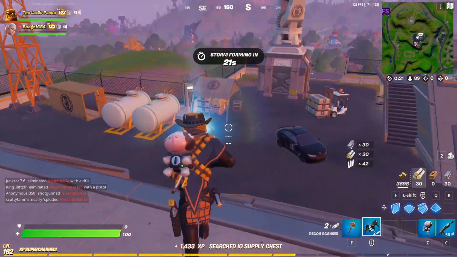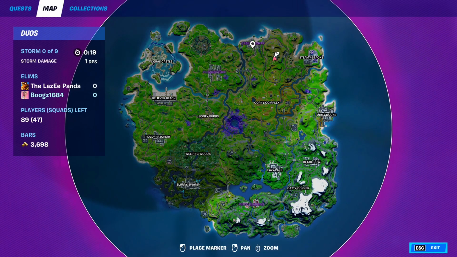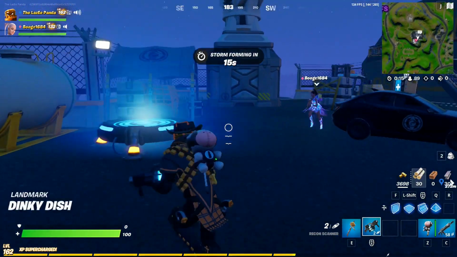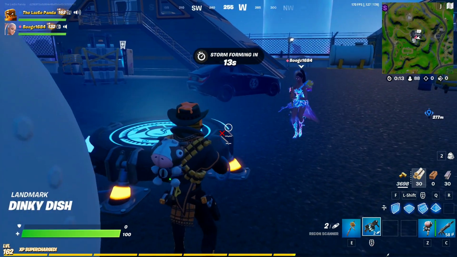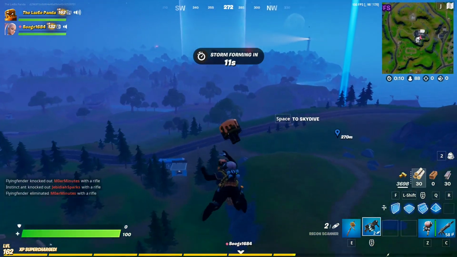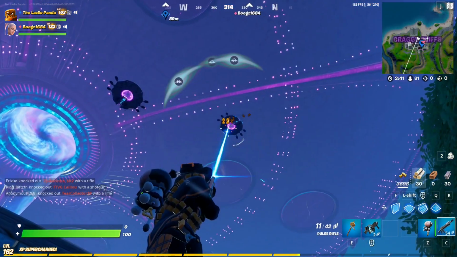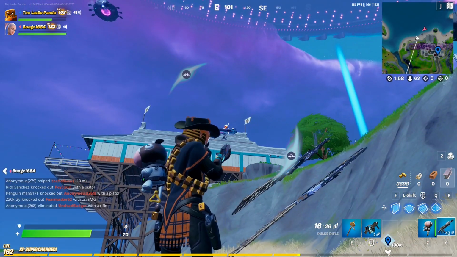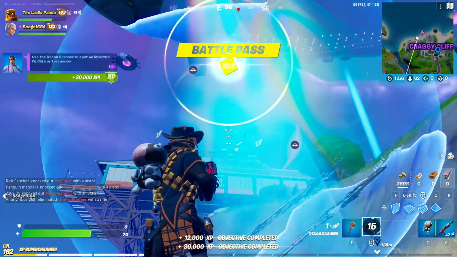What we're going to do now is we're going to take the launch pad over to Craggy Cliff because it's being abducted by aliens, which is going to make it easier to ping a trespasser. Alright, so we knocked down the alien, now we're going to shoot the Recon scanner and get the challenge done,